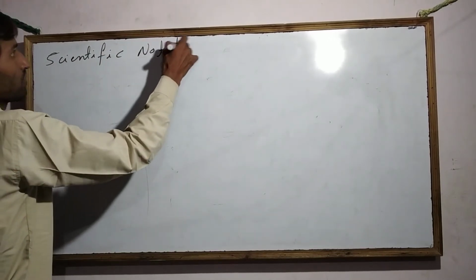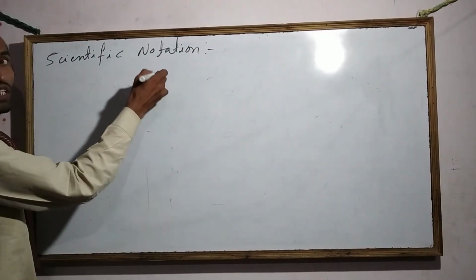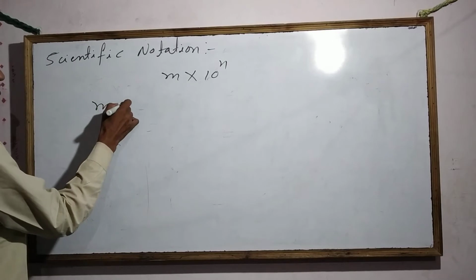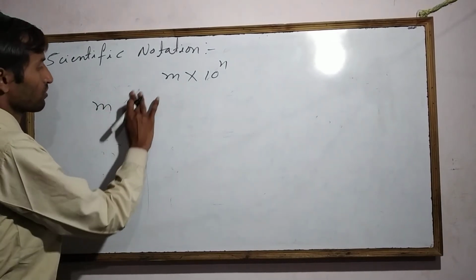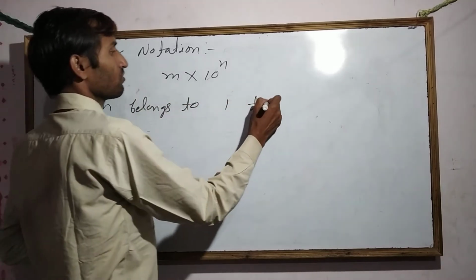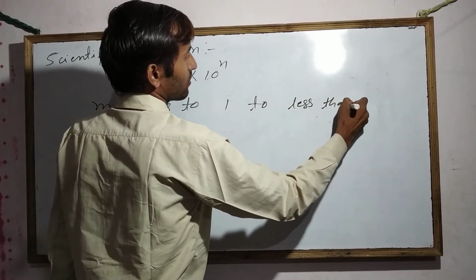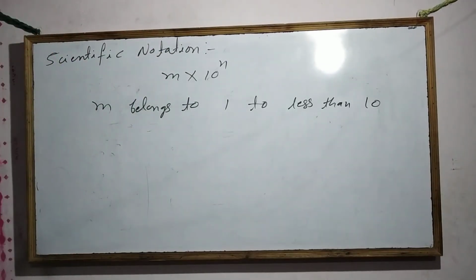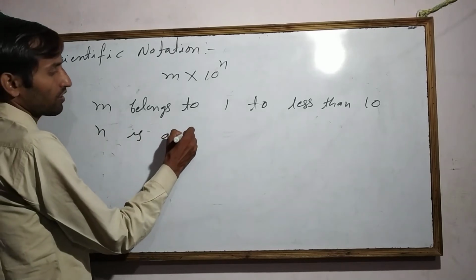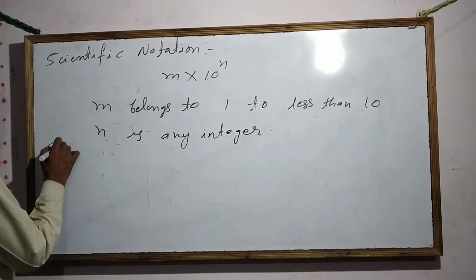Scientific notation. Scientific notation means if any number is written like this, m into 10 to the power n, where m belongs to 1 to less than 10, and n should be any integer. Okay, means for example